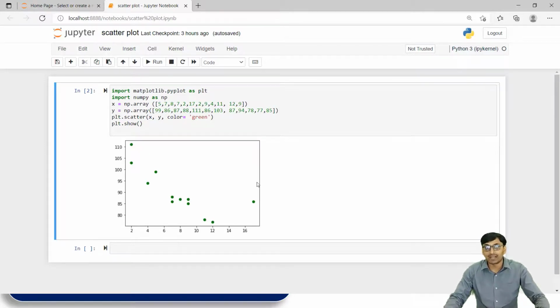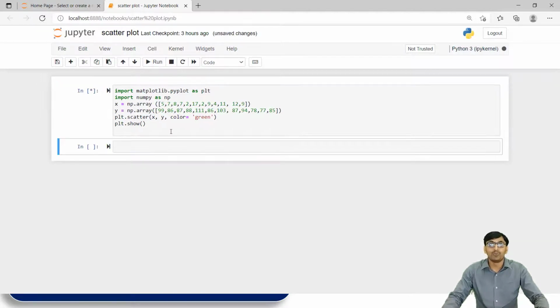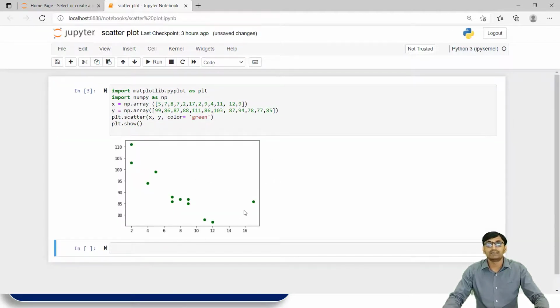So in the scatter graph there are 12 points which represent individual cars. This is the scatter graph in Jupyter, and if we run it again, we get the same scatter graph.